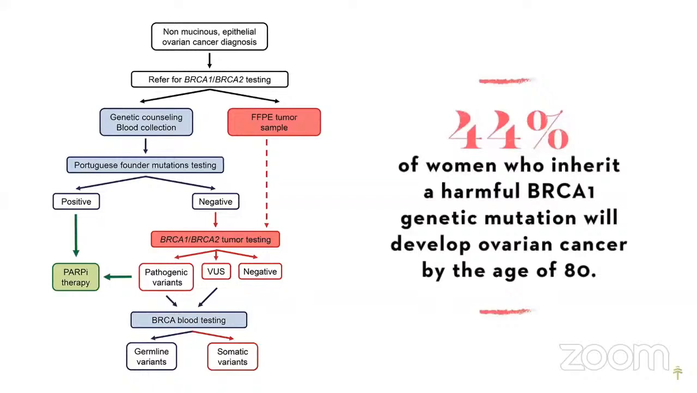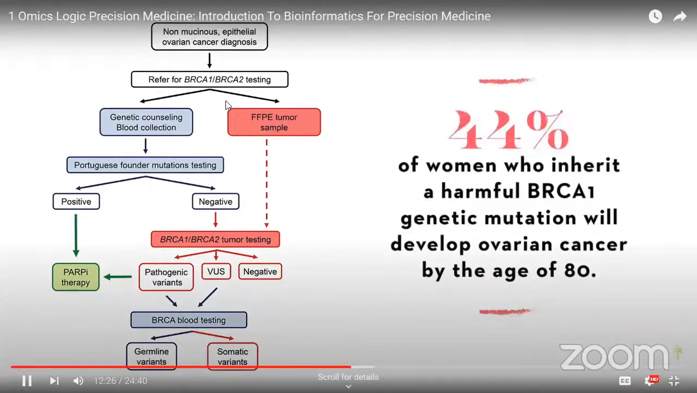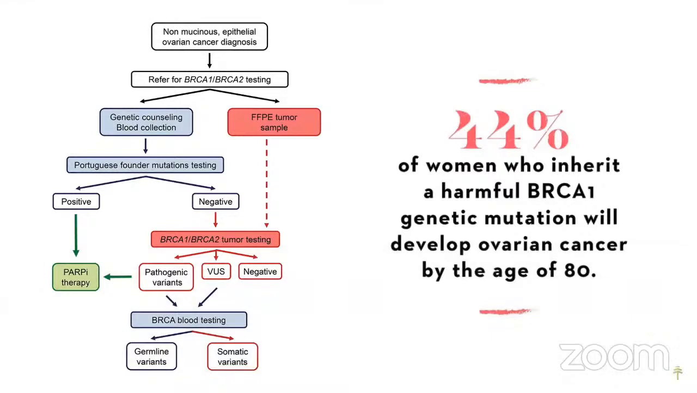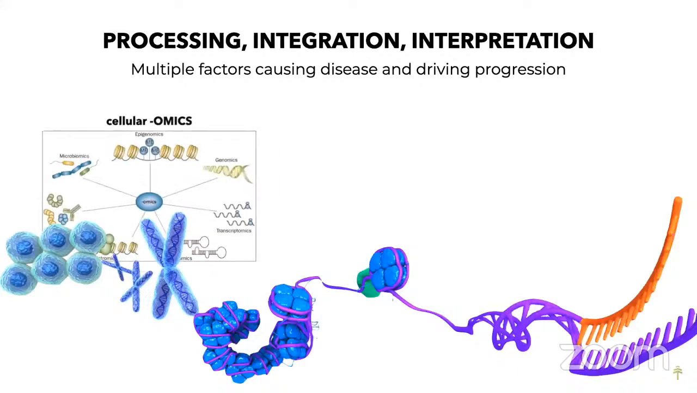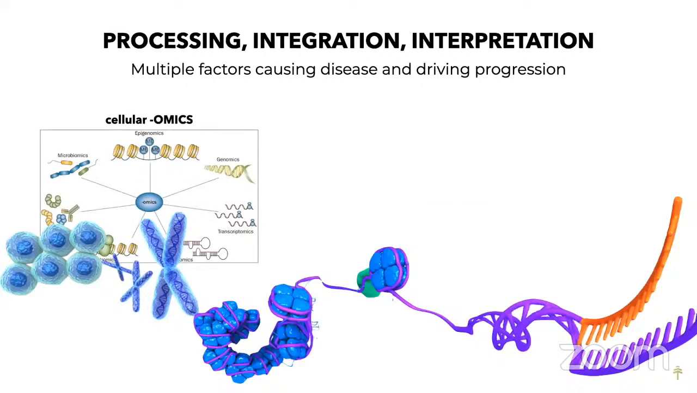For example, BRCA1 and BRCA2 testing is extensively used to identify women that are at risk of developing breast or ovarian cancer. In fact, 44% of women who inherit a harmful BRCA1 genetic mutation will develop ovarian cancer by the age of 80. To summarize, omics data can be used to understand what is happening within the tissue or a